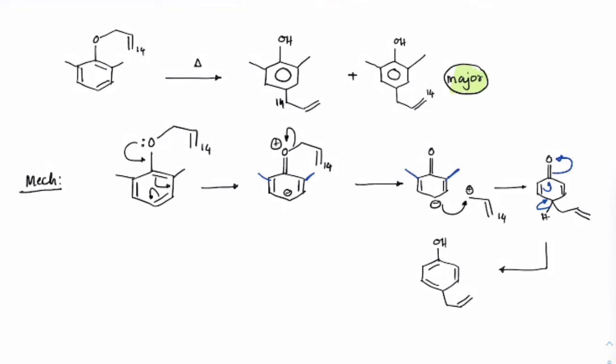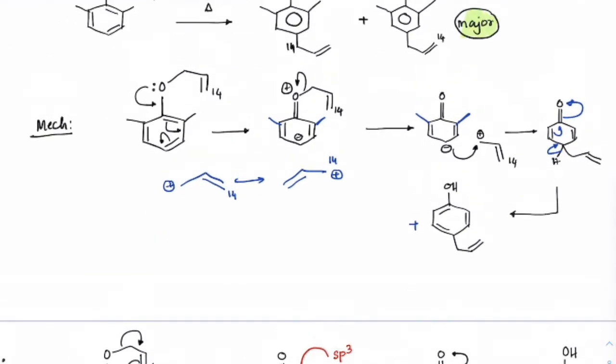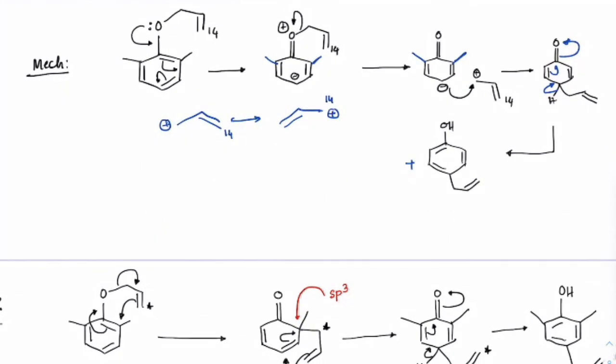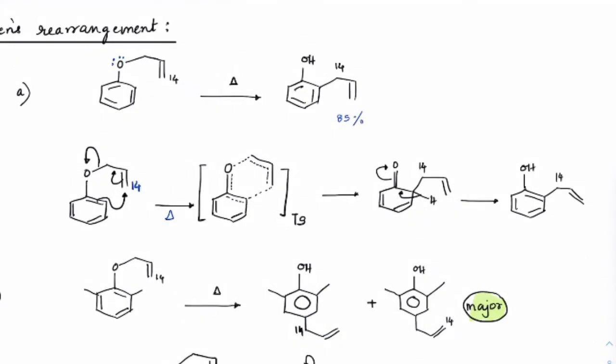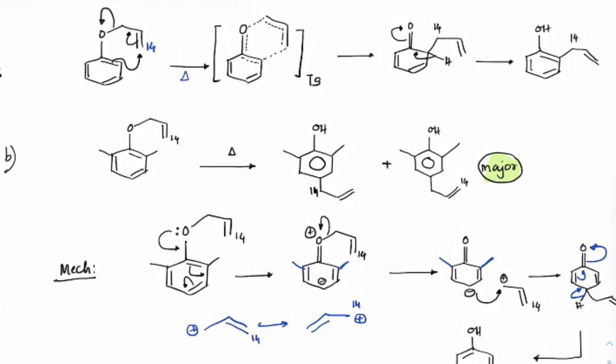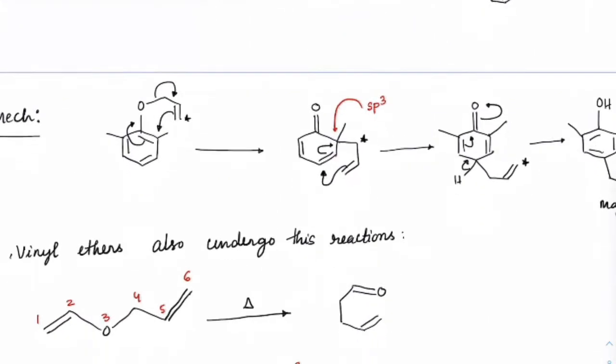So this we can get for both sides, right, because this allylic carbocation which is forming is resonance stabilized with this form also. So suppose if carbon 14 is here, attack from both sides can be possible, so it could be 50-50%, but still this one is coming out to be the major product. So there is an alternate mechanism suggested for it, that like I said earlier, if there is a concerted step happening, that would happen at a much faster rate. The same thing is observed here.